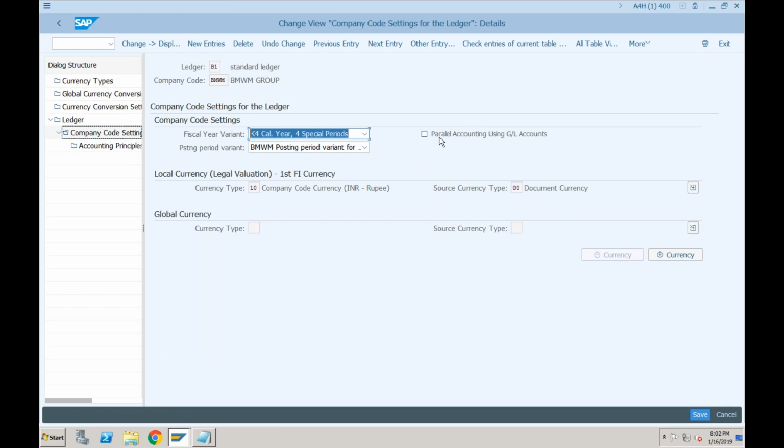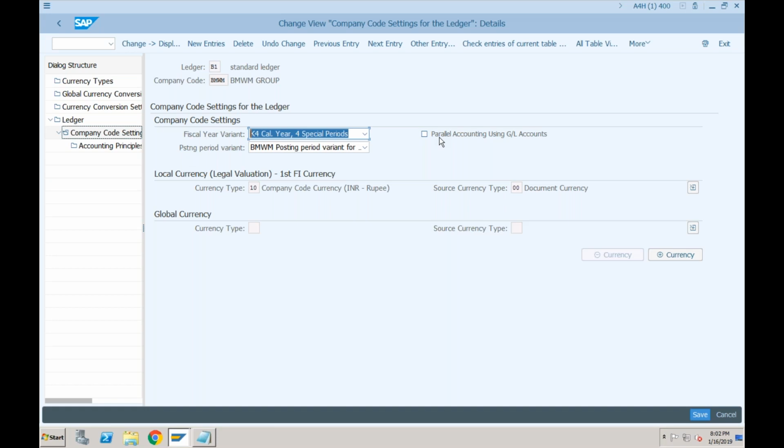When we say parallel accounting using GL accounts, this itself means that we are not going to create multiple ledgers. We are only going to create one ledger, and that ledger will be used for all the different accounting principles. So as I told you, logically, only one leading ledger will be created if you tick this indicator.